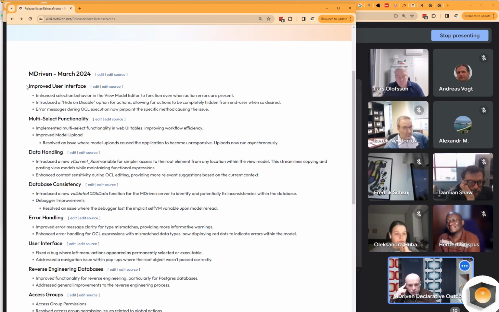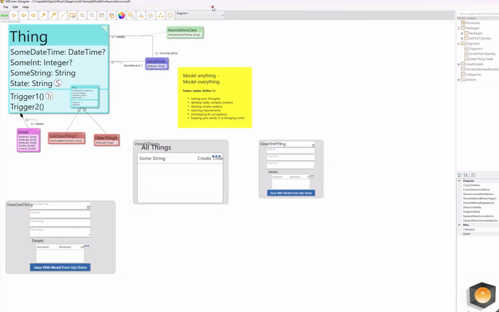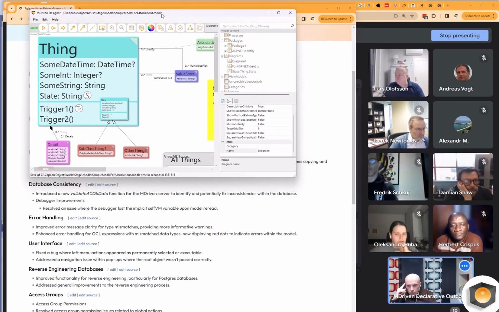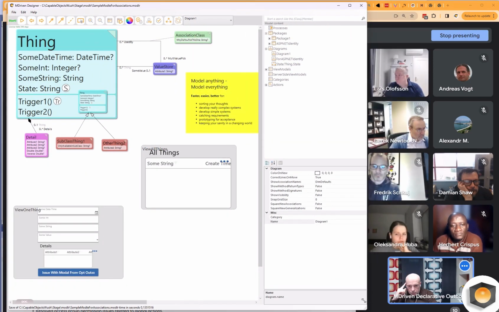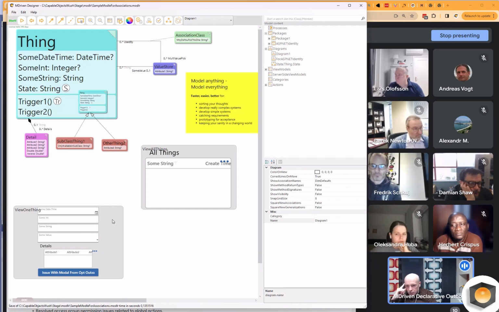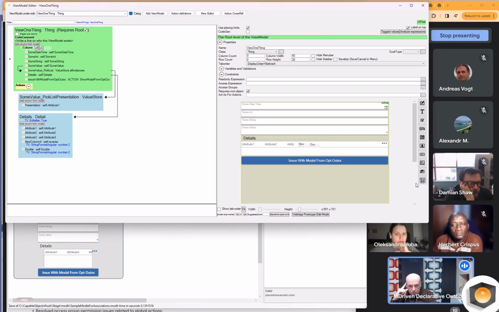So that's what we're going to do today as well. And if we pick these 2 up here, we have this enhanced selection behavior in... yeah, so what that actually alludes to was that if we have a view like this, well, up front I can comment